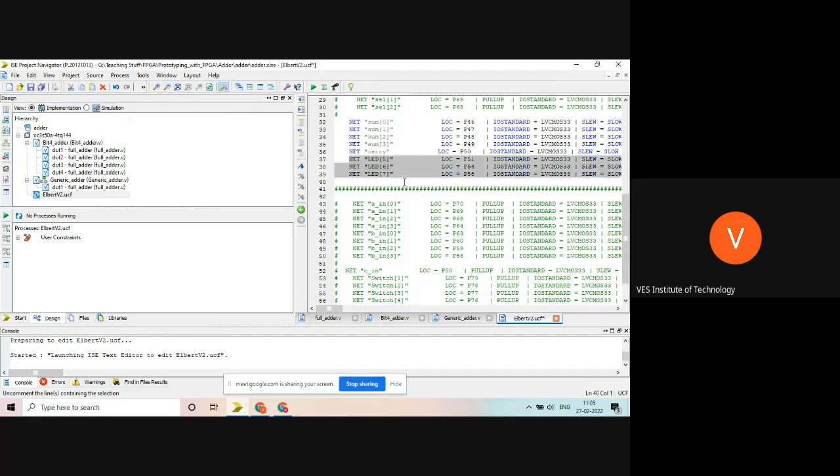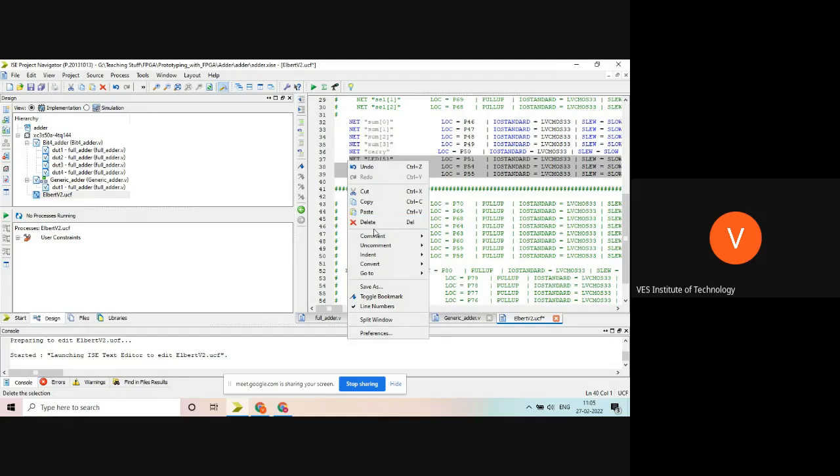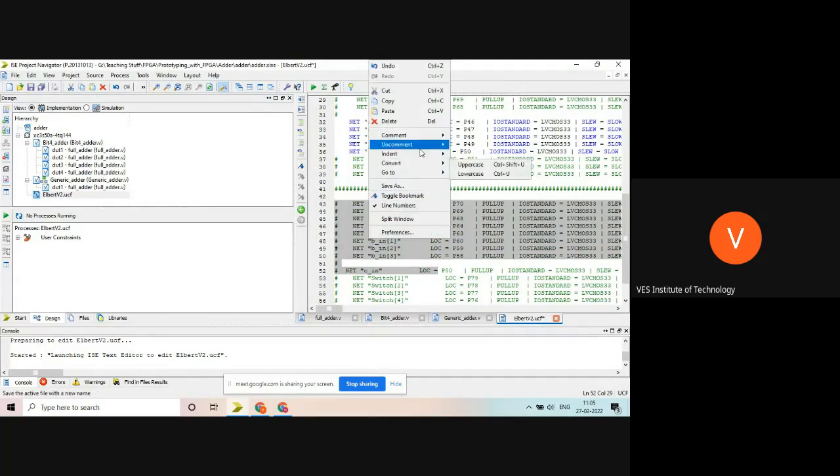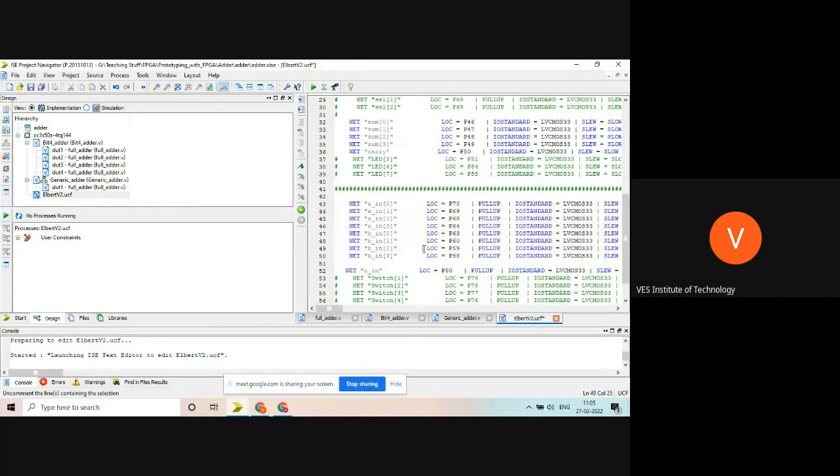So this is not required actually, only 5 is required. So sum 0, 1, 2, 3. So pins 46, 47, 48, 49 and 50. And for the inputs you may use this. See this, A in 0, A in 1, A in 2, A in 3. So 68, 69, 70 and 64th pin, and 58, 59, 60, 63rd pin for B0 to B in. And for C in you may use 80.